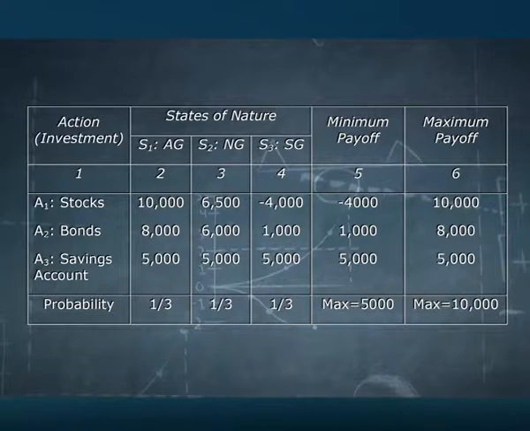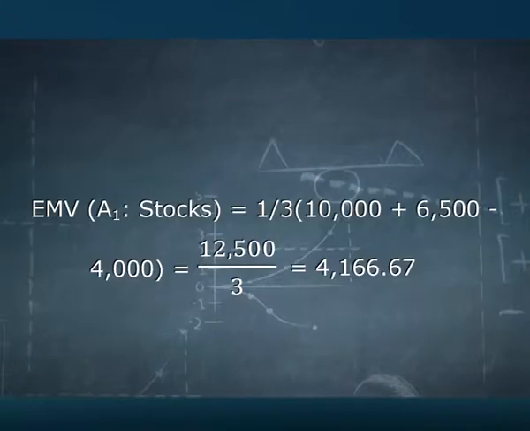According to Laplace criteria, we assign equal probability, that is 1 by 3, to each of the states of nature and then determine the expected monetary value EMV for each action and choose the action that yields the highest EMV. The computation of EMV for A1, stocks, is equal to 1 by 3 times 10,000 plus 6,500 minus 4,000. This is equal to 12,500 by 3, which is equal to